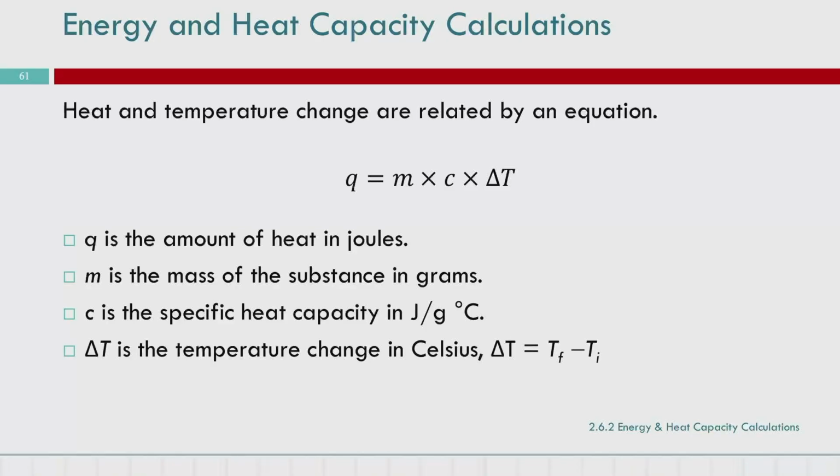In this equation, Q is heat. Q equals M times C times delta T. M stands for mass. C stands for specific heat capacity. And delta T, T for temperature. And the triangle here is delta,